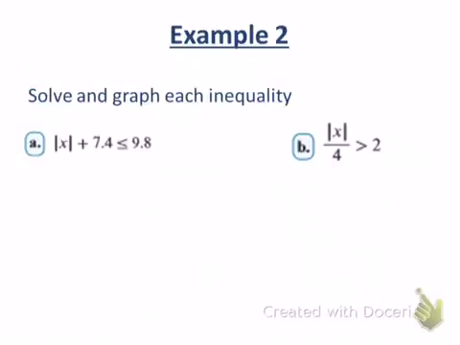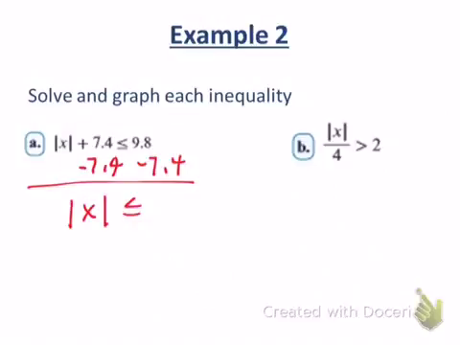All right. Now, in absolute value equations, what did we have to do before we could split the equation into two? You have to get the absolute value part by itself. We have to isolate it. So in the left-hand example here, what would we do? Subtract 7.4 from both sides. And that would give us the absolute value of x is less than or equal to